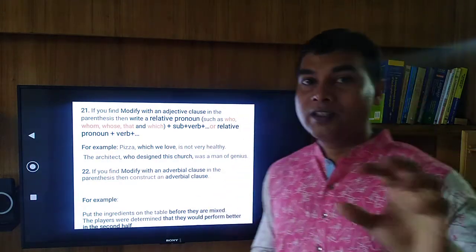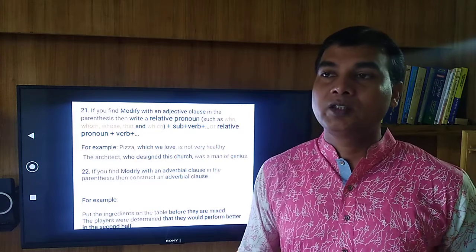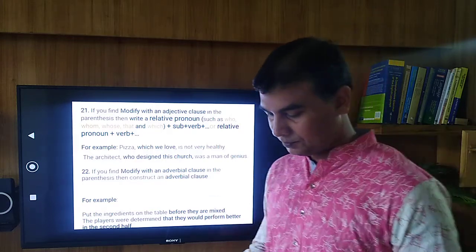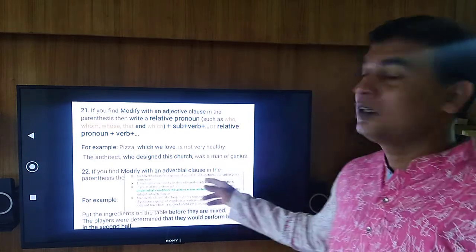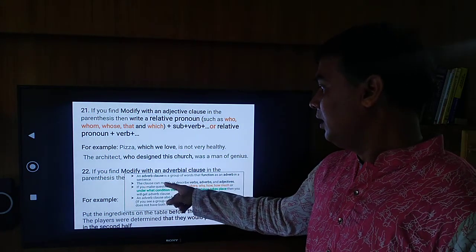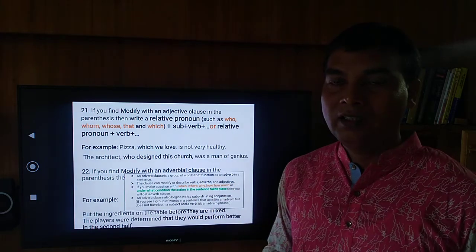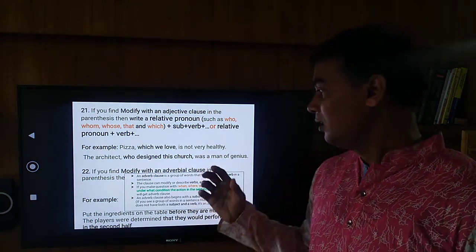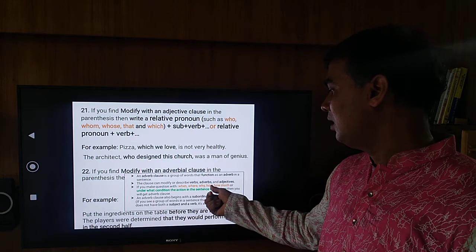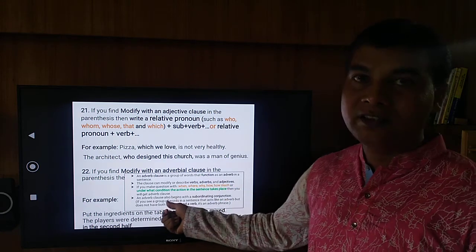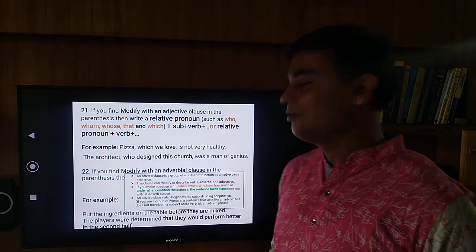Now the question arises, how can we say this is an adverb clause? You should remember a few things. An adverb clause is a group of words that function as an adverb in a sentence, number one. Then the clause can modify or describe verbs or adverbs and adjectives. And then this is very important. How can we identify? If you make a question with when, where, why, how much, or under what condition the action takes place in the sentence, then you will get an adverb clause.